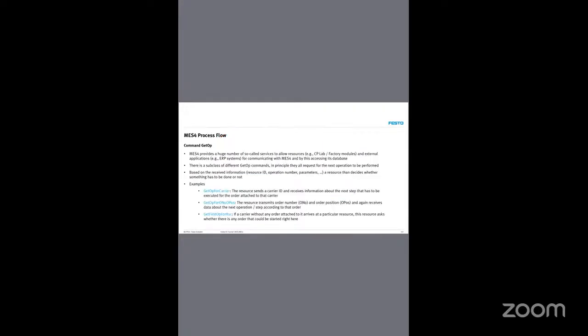Then get OP command. Get OP command. So MES is giving multiple commands. Get OP for carrier. So using the carrier ID, asking the next operation. Then next is get OP for